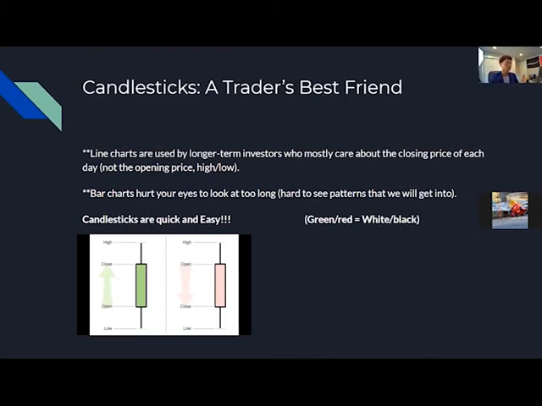In contrast, as you can see, the opening price is higher than the closing price, suggesting a downwards movement in that time interval, which would make the candlestick red. So the red and green, as you might guess, indicate a movement of up or down. Traditionally, these candlesticks were colored in either white or black, but these days, for most trading platforms, you will see that candlestick charts are represented in green and red.